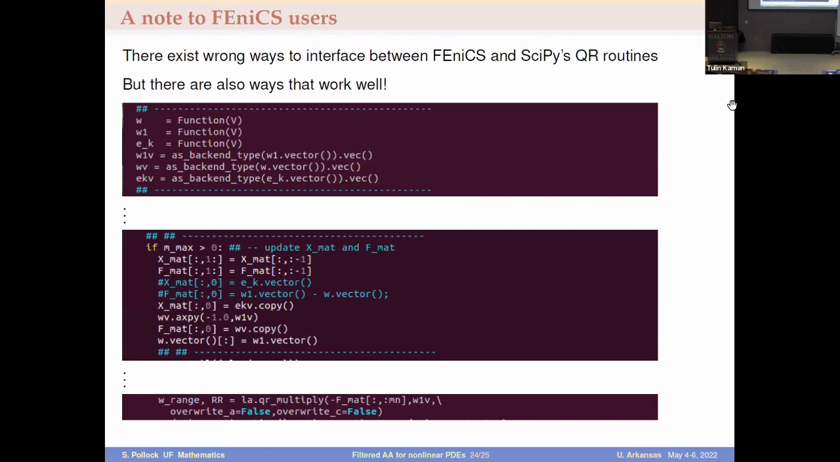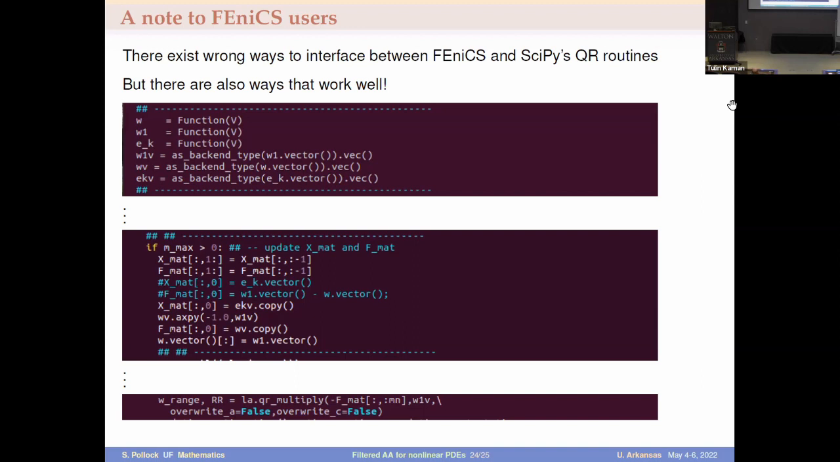I want to make a note too. I did all my finite element implementations in Phoenix here. And there's a little subtlety in that there's definitely wrong ways to interface between Phoenix and SciPy's QR. I can't tell you precisely why it's true, but if you do this in a naive way, with this syntax that's commented out, which just grabs the entries of the vectors of coefficients for EK and W1 and sticks them in the columns of X and F,